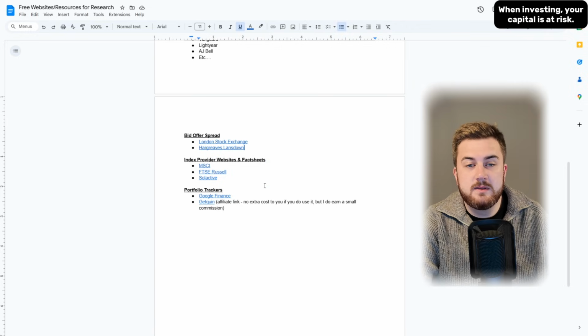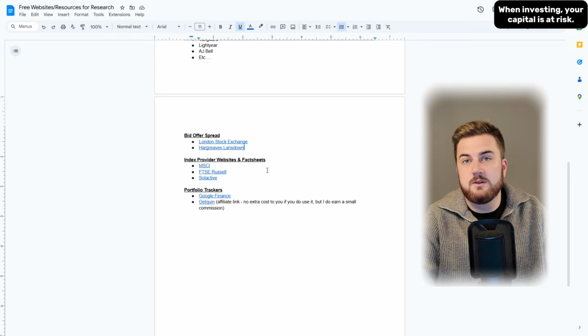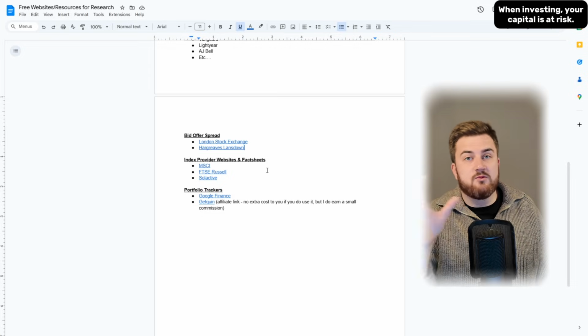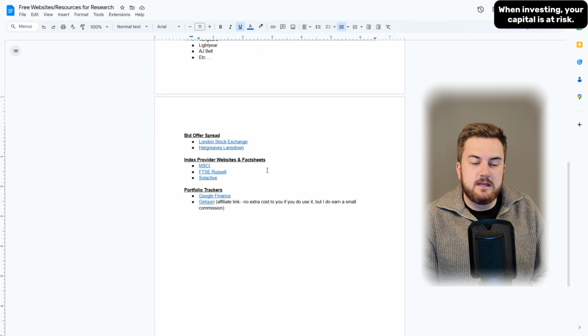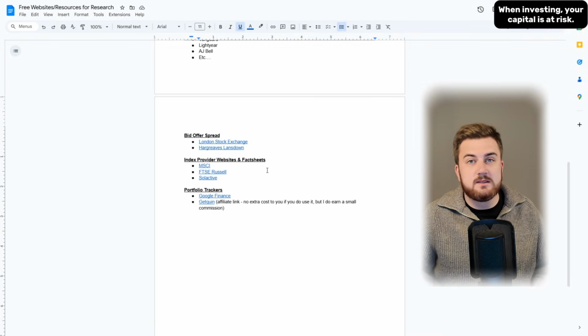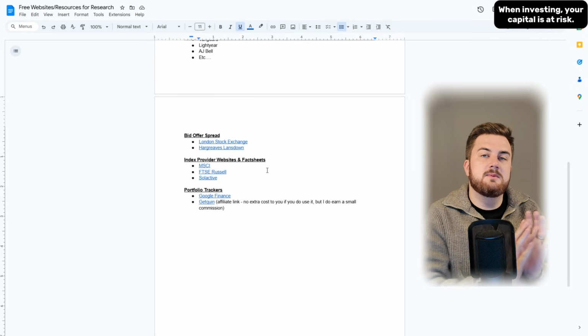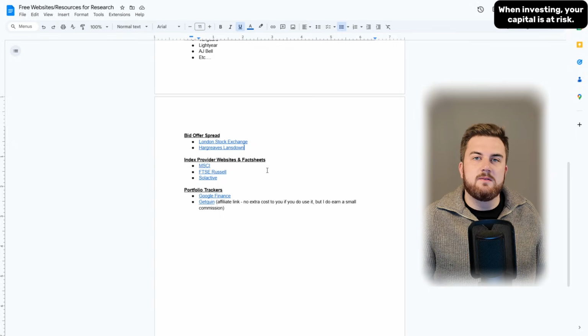Next up, index provider website. When you're researching an ETF and you check Just ETF, for example, or you check the fund provider website and it tells you it tracks an index, another layer of research you can do is go to the index provider websites and check the fact sheets for those indexes. For example, MSCI have factor-based indexes: MSCI World Quality, Sector Neutral Quality, Volatility, Minimum Volatility, Value, Momentum. You can then go look at the MSCI website to read the fact sheets for these indexes. It gives you a good idea of how these indexes work, and that basically gives you a better idea of what's actually going on with your ETF.